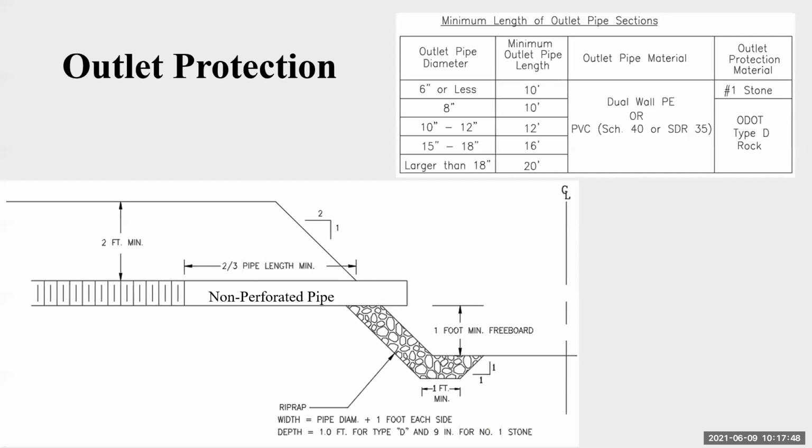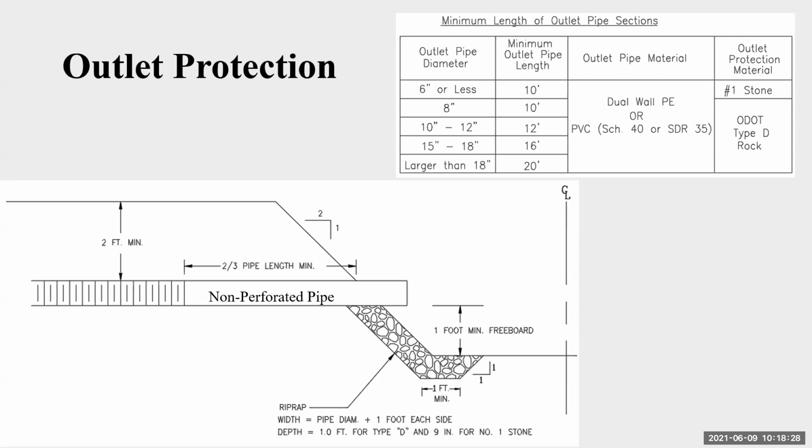And any main that we put in is normally going to have an outlet, unless of course it goes into a much larger main, but eventually it will outlet somewhere into a ditch or something like that. The one thing to keep in mind is that you always want to protect from any kind of erosion that might occur. This pipe is going to be elevated from the ditch bottom by about 1 foot, and that's to keep any sedimentation that occurs in the ditch from plugging the pipe, of course. But because you have a foot fall, there's going to be some amount of energy that drops from the pipe. And if you don't have that protected with some sort of stone, you can cause some severe blast erosion, basically, as it goes through there.